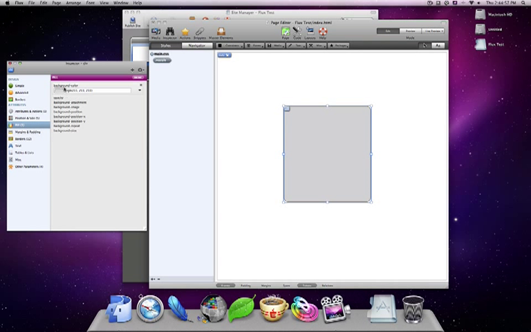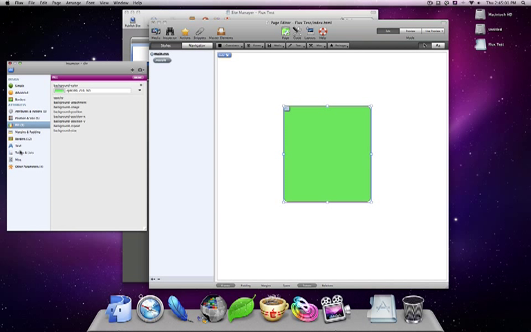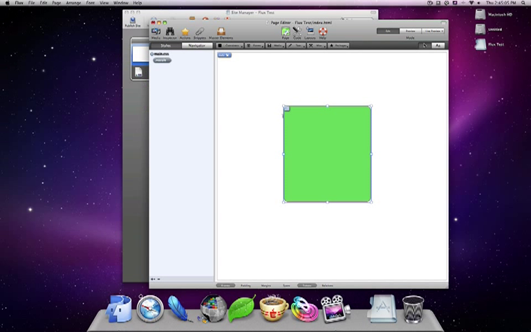I can change the fill color. And basically I'm editing this all visually. I don't have to type in any of the CSS. It does it all for me. So once again, Coda does have a very similar way that you can do visual CSS. Espresso unfortunately doesn't. You have to buy MacRabbit's alternative called CSS Edit, which is a great application and allows you to actually organize your CSS into folders. But anyway,